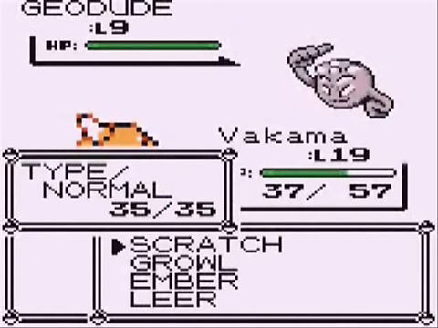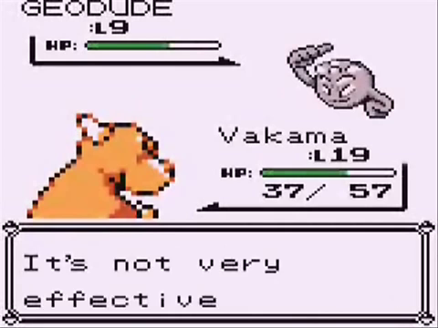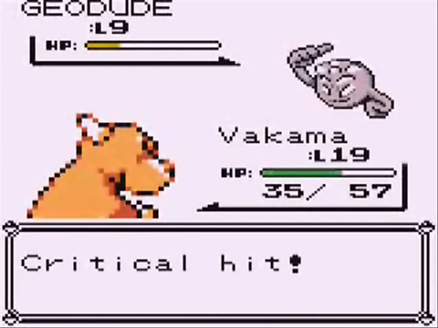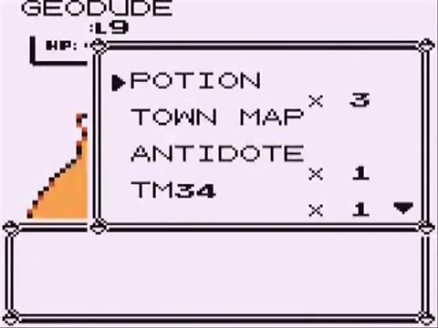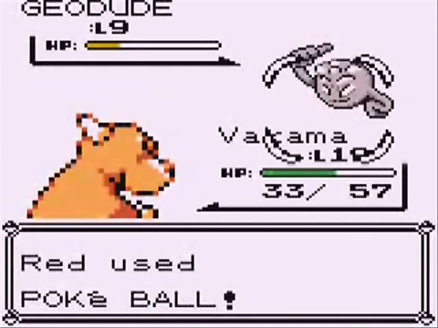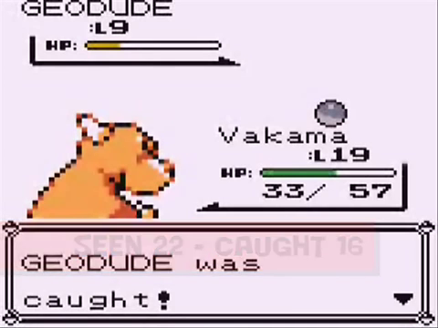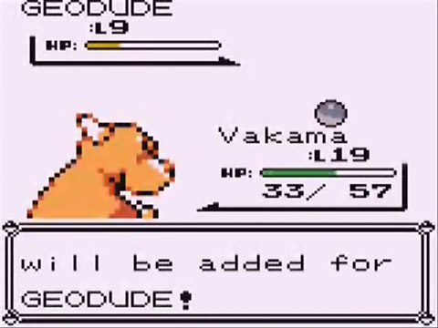So, as we saw in Brock's gym, Geodude is a rock and ground type. They'll evolve into Graveler at level 25, and then if you trade a Graveler, it will evolve into a Golem, which is pretty sweet. Golem is actually a really good Pokemon. It's got a horribly low special stat, but its attack and defense are quite high. So, if you don't mind avoiding special attacks,